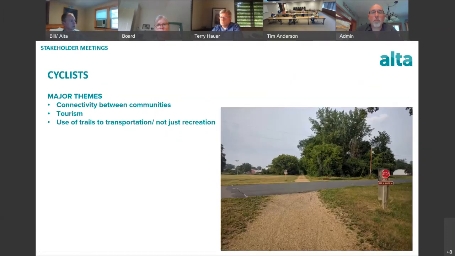Major themes of the cycling community was that obviously the connectivity between communities was seen as being important. Benefit to tourism, people coming in from out of state or other parts of Wisconsin to ride on the trails, to use them as